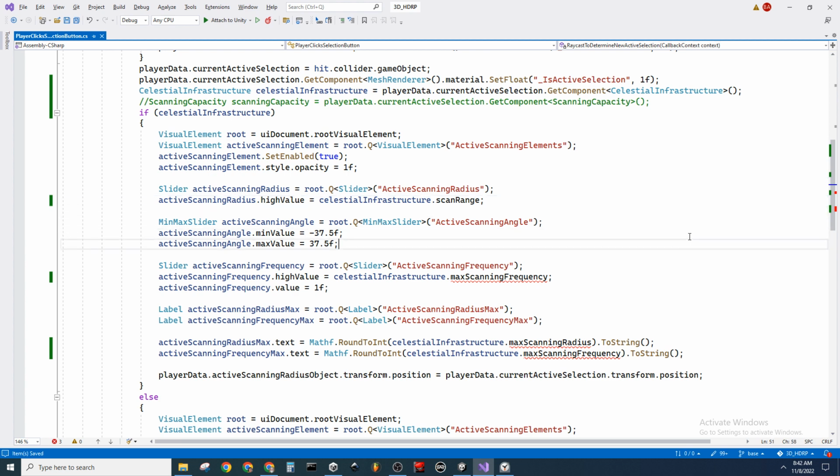These are still the same. Thing down in here, we're doing the radius. Scan range and scan frequency. So the only thing we have to change now is